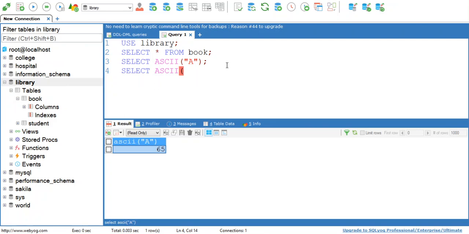This ASCII function can be used with the attribute of a table also. Now here in our table we have many attributes with string values. I am using the author attribute from book. So now my query is select ASCII author from book. Now it will give you the ASCII value of the first character of all author names. Now you can see here when I write select ASCII a, that a is written within double quotation, and when I write select ASCII author from book, then that author is not written in double quotation, because this author is an attribute name of a table.